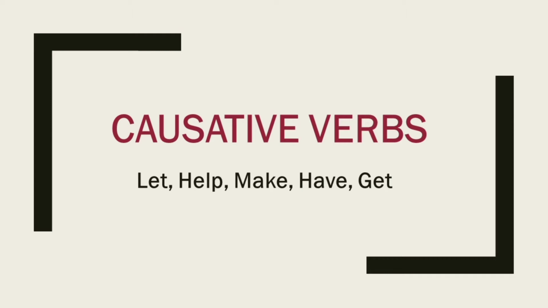So today we're meeting again to learn something new, and in this lesson today we'll be learning about causative verbs. These are the verbs that cause something else to happen, or we can say that causative verbs are used when we arrange for someone to do something for us. How can we arrange someone to do something for us? We can pay them, we ask them to do that for us, we request them, or we force them to